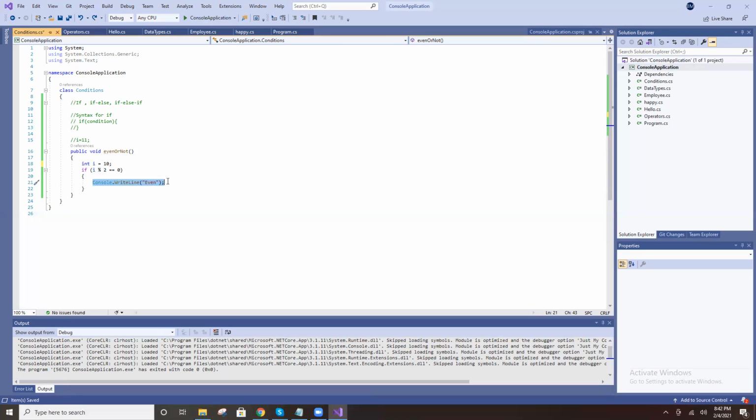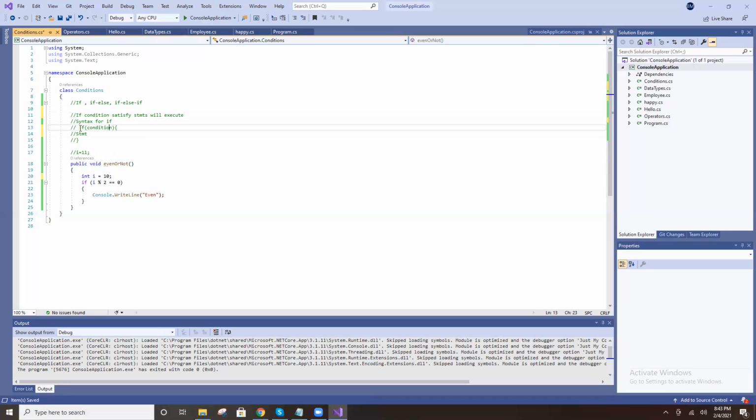Otherwise, the statement will not execute. This is the syntax.